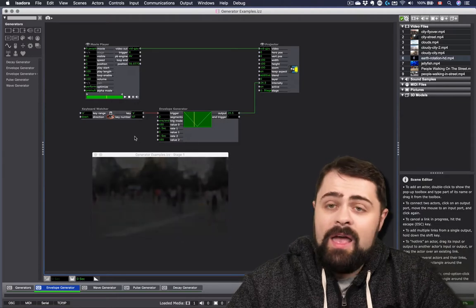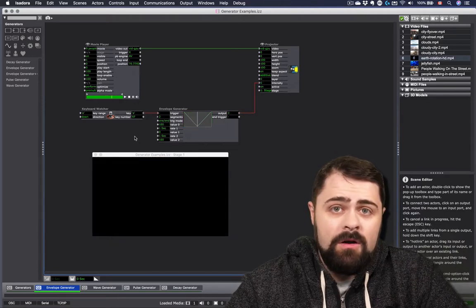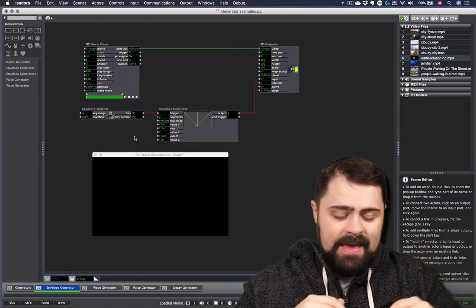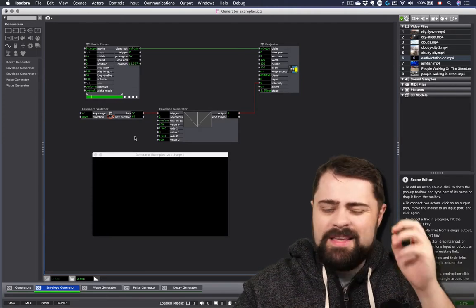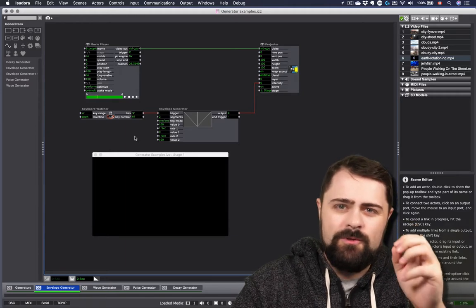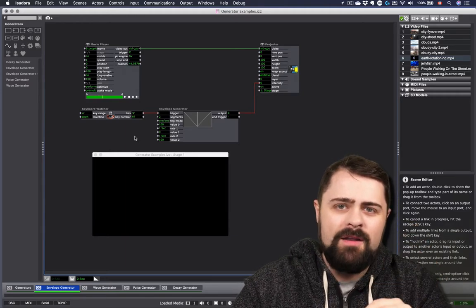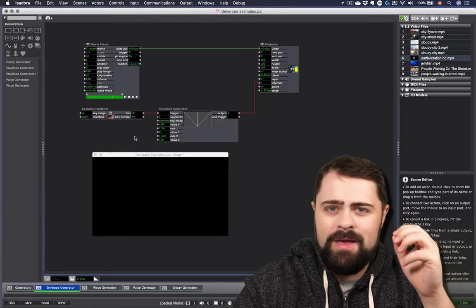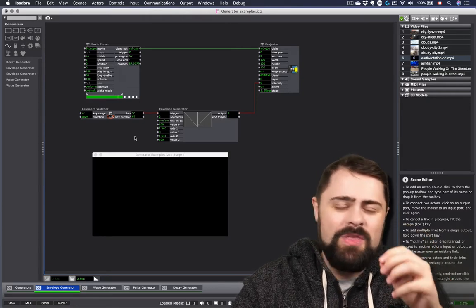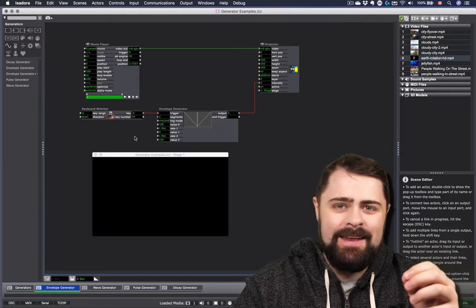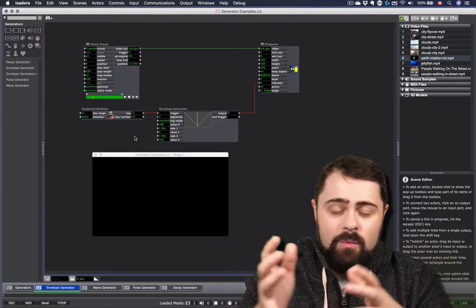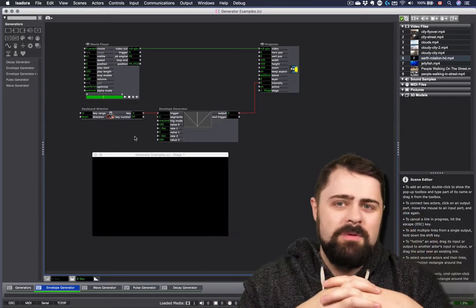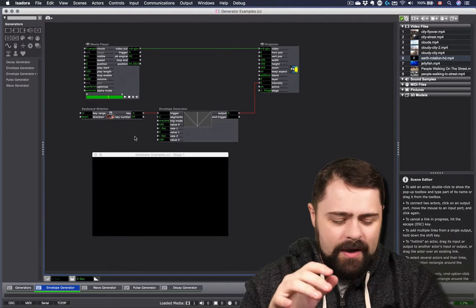This means that now I have a manual fader within my scene that I can control simply by pressing the A key. This is a really, really useful trick to keep in your back pocket for creating small things that you need to bring up temporarily and then bring them down again without necessarily advancing the entire scene. I use this all the time in my projects, and that's a handy little trick.